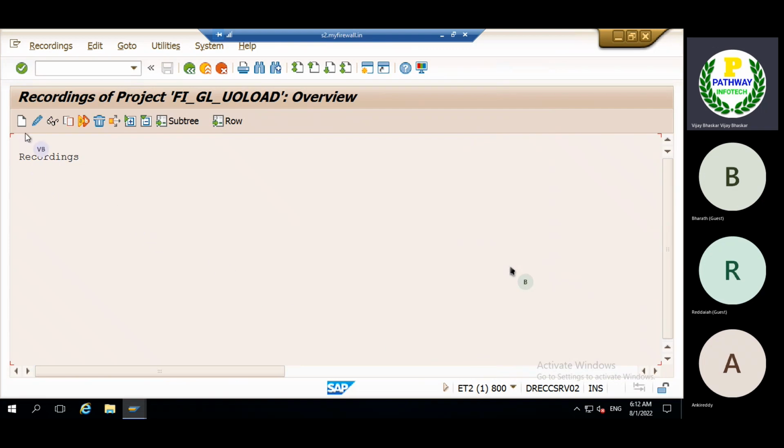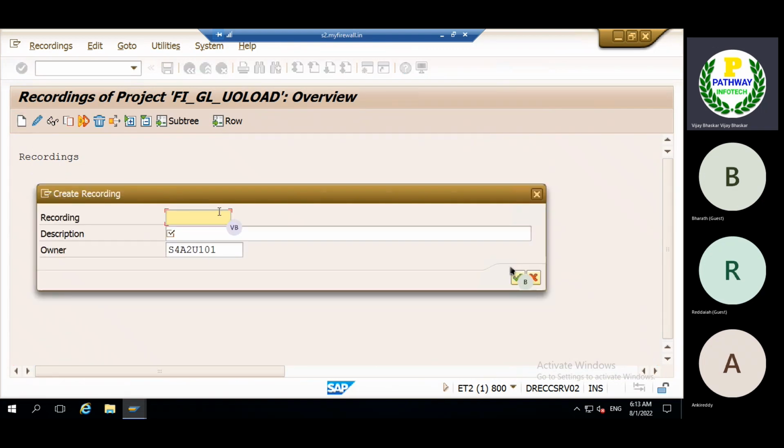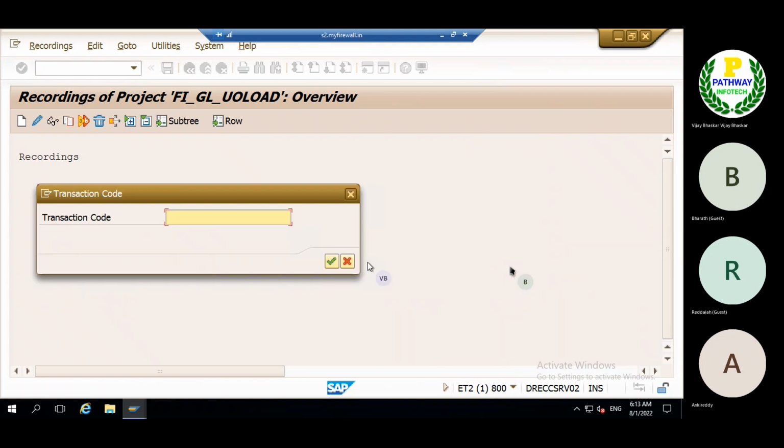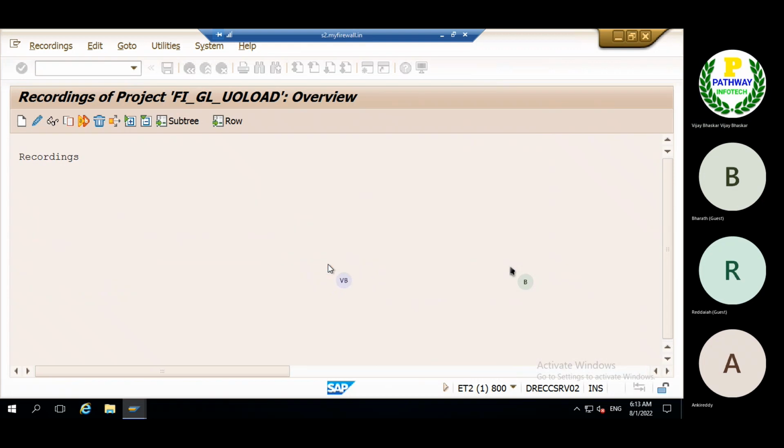Now again the system will ask for ZFS00, then the transaction code. Be careful: by which transaction code do we want to record the business transactions? FS00 is the transaction code to create the GL accounts. Then enter it.